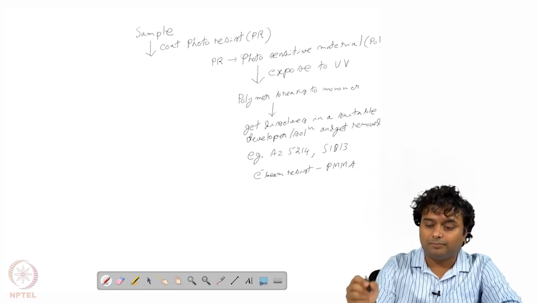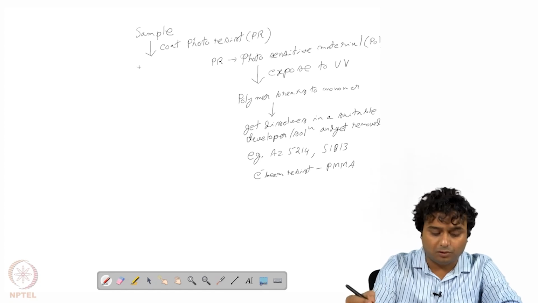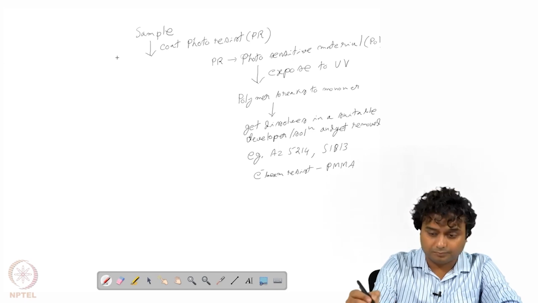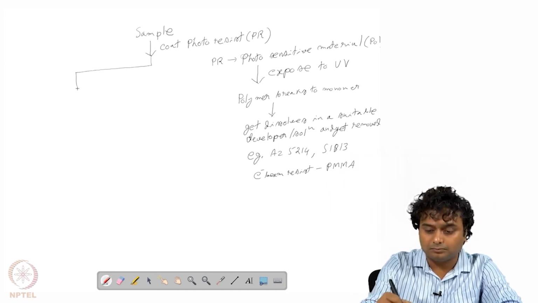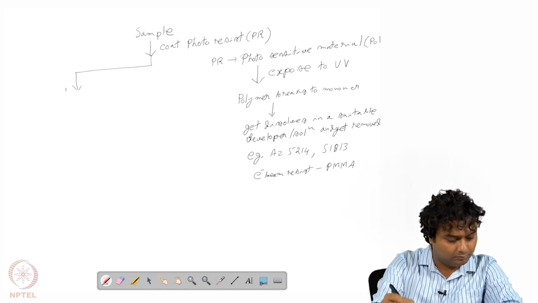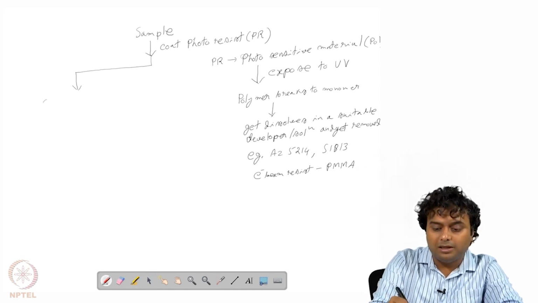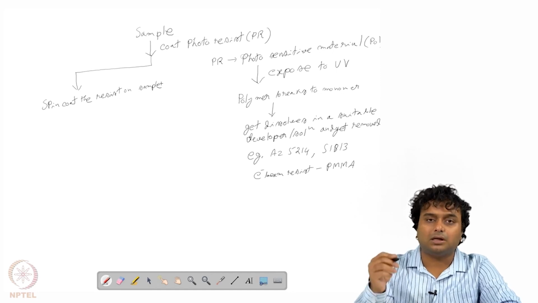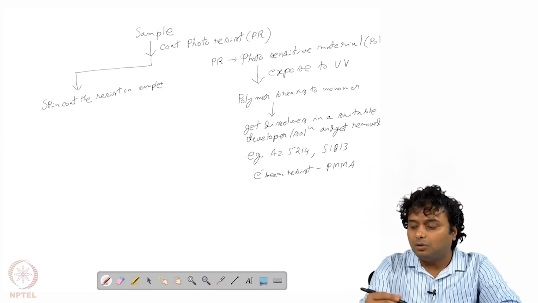Now what are the steps of photolithography? Then we will have the sample, and on top of that we will spin coat the resist. Let us say we are talking about electron beam lithography, then what we will do, we will use